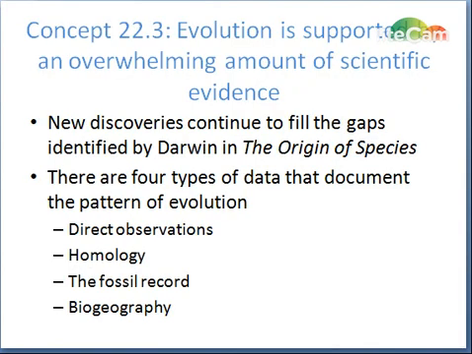So now on to section 3. Evolution is supported by a lot of scientific evidence. There are continually new discoveries that fill the gaps identified by Darwin in his Origin of Species. And these new discoveries come about through 4 types of data. We have direct observations, we have homology, we have the fossil record, and we have biogeography. And it's important that you remember that these are the ways that we are able to support Darwin's theory of natural selection. Direct observations, for example,